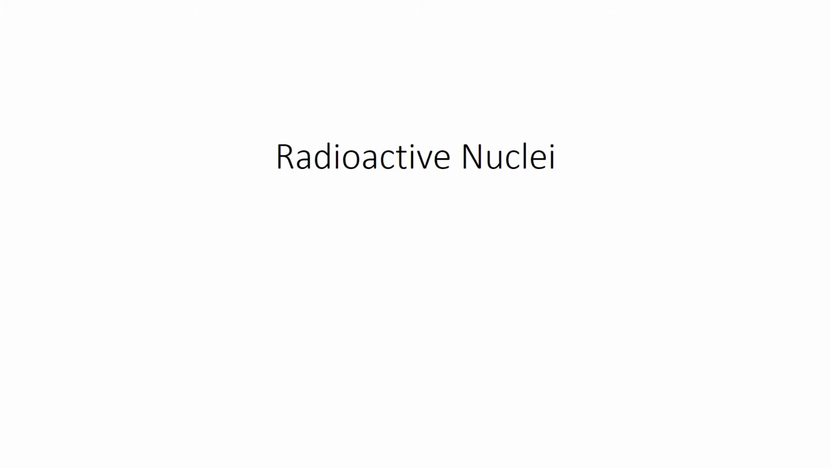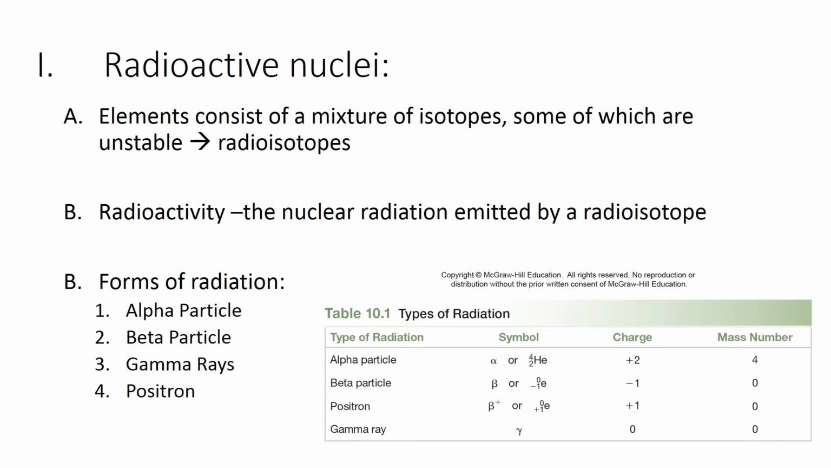Our first topic in nuclear chemistry is radioactive nuclei. So we're going to go into all the different types of particles, as well as talk about what radioactivity is from a chemistry standpoint. So radioactive nuclei is where we're going to start, and for radioactive nuclei, you need to